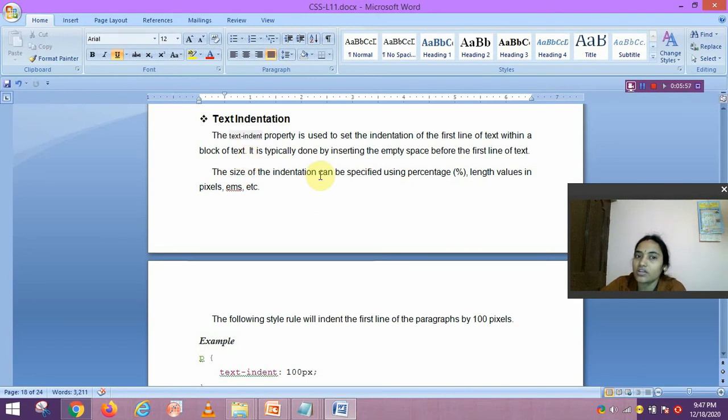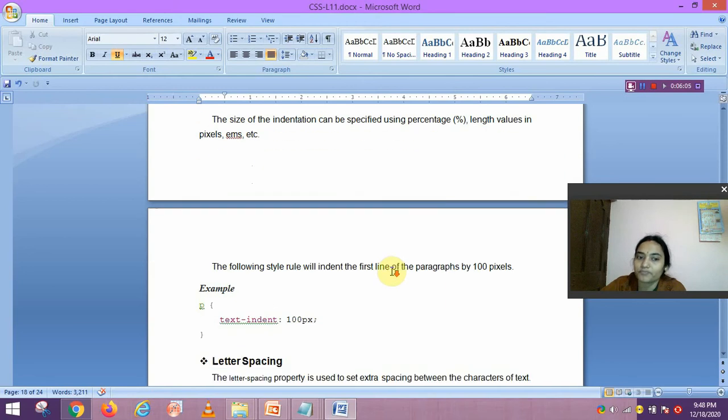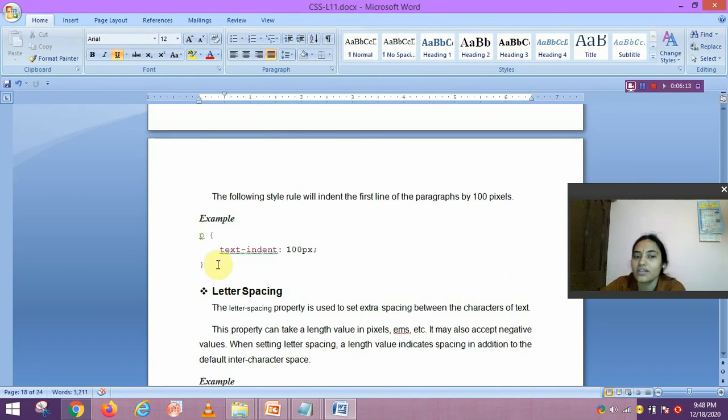The size of the indentation can be specified using percentage or length values in pixels or ems, etc. The following style rule will indent the first line of the paragraph by 100 pixels. So how to write this? text-indent colon 100px. That means the paragraph's text indent is 100 pixels, on the first line of the paragraph.